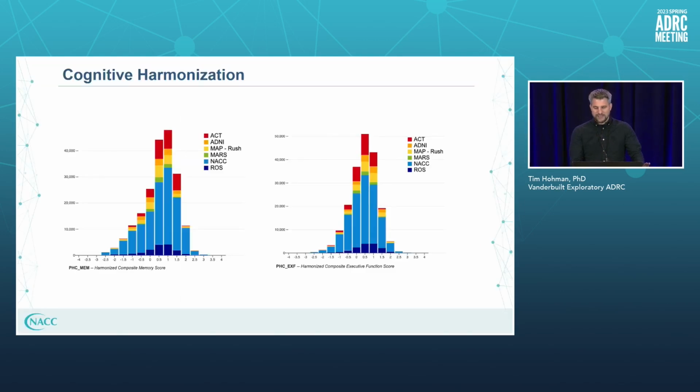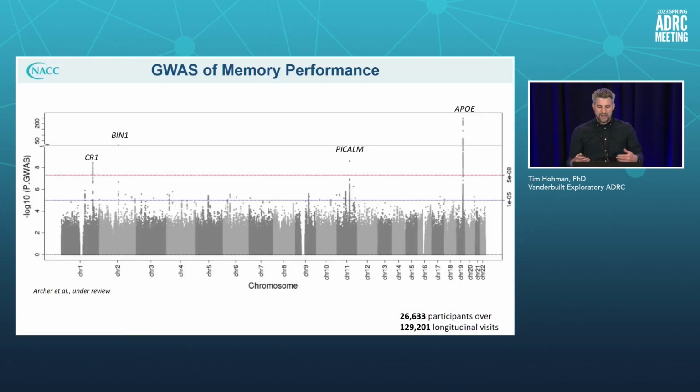But just to give you a sense of what these types of data can be used for, even now with just our first 4 data sets, we ran a GWAS, and for those of you who are geneticists, you'll recognize this Manhattan plot. It looks a lot like the Alzheimer's disease Manhattan plot. You can see with just 20,000 participants, we're able to identify a lot of established markers of Alzheimer's disease, suggesting that memory performance, of course, is a great endophenotype for Alzheimer's disease, and it's going to expand our ability to